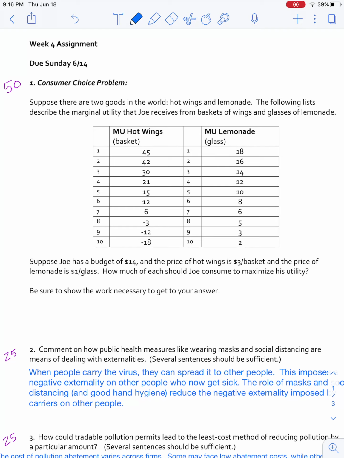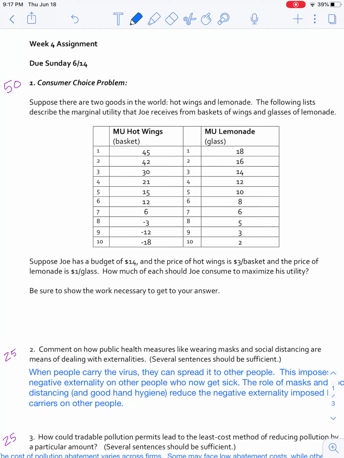Hi everyone. Let's take a look at the solutions to the week 4 assignment. There were only 3 questions. The first one was a consumer choice problem. I'm going to work that one out for you, and then I'll talk a little bit about the other 2. I've already typed those up because I think the first one is the one where perhaps seeing it worked out